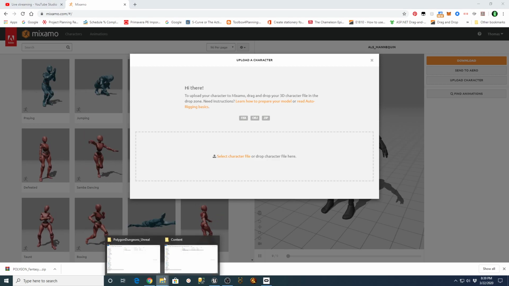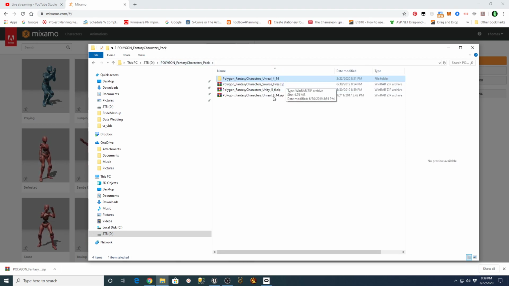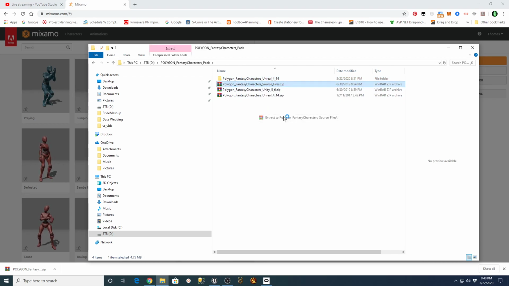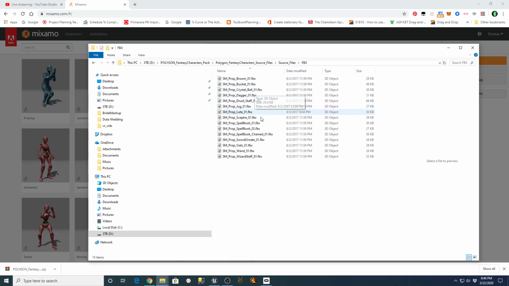What you can do though is, if you had this pack, as I mentioned earlier, I bought this directly from Synty. If you go here to the source files, you can right click on this and say extract these, and then you're going to have a source file folder with FBXs in it that have all the different characters in there.